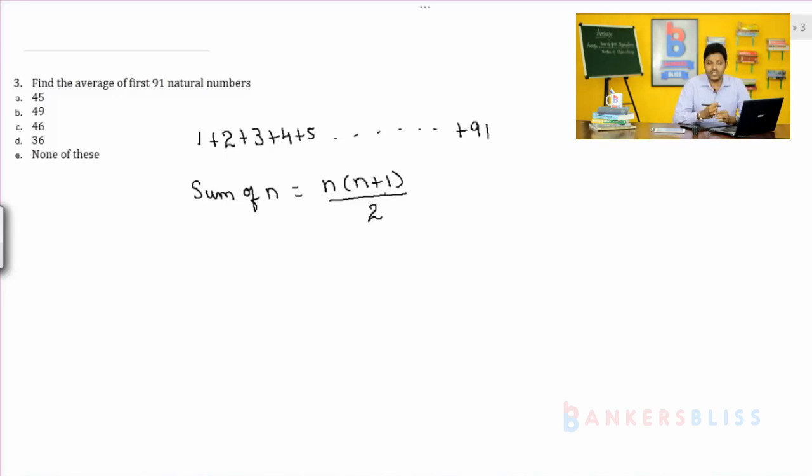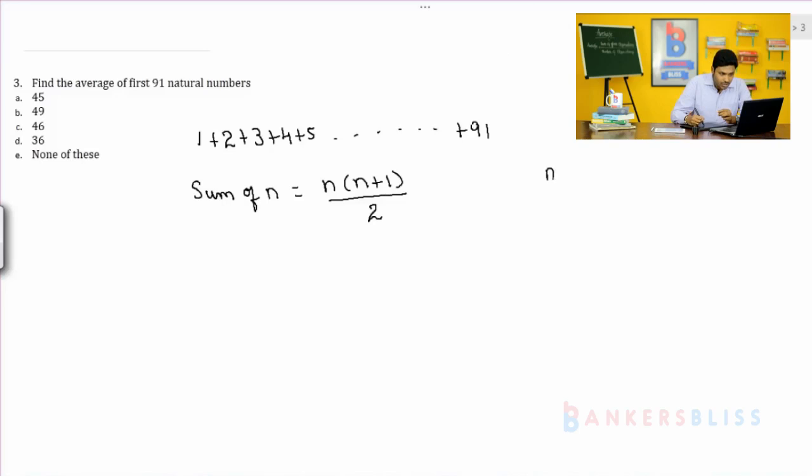So, 1 plus 2 plus 3, like that. The end point may be any number, it may be 91, it may be 100, it may be 150 or it may be 500, but it has to start from 1, then only you can use this formula n into n plus 1 by 2. So, according to the formula,